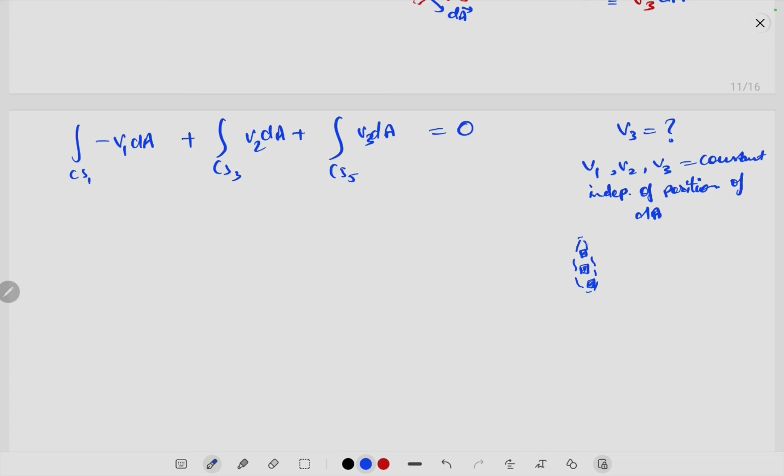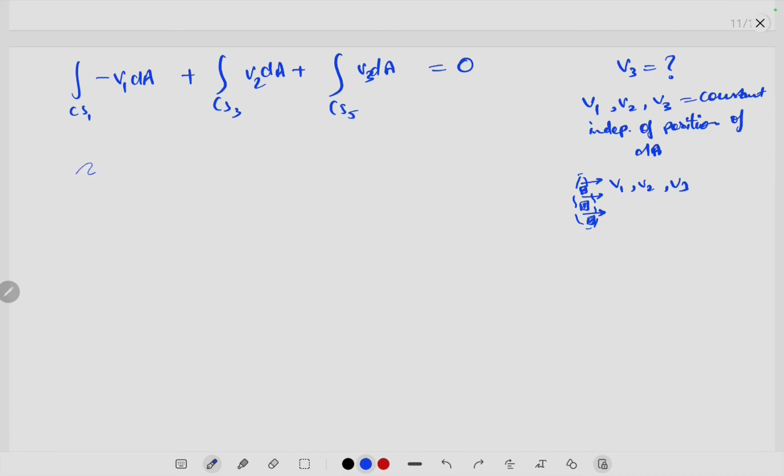Then this V is a constant value, either V1 or V2 or V3 on CS1, CS3 or CS5. This means that I can take V1, V2 and V3 outside of their integrals, so this would become minus V1 integral dA over CS1 plus V2 integral dA over CS3 plus V3 integral dA over CS5